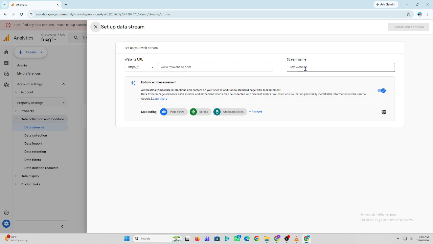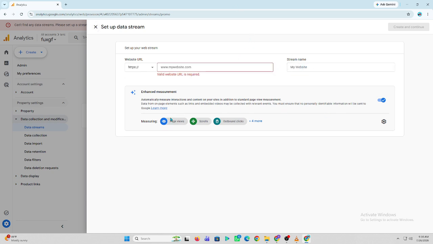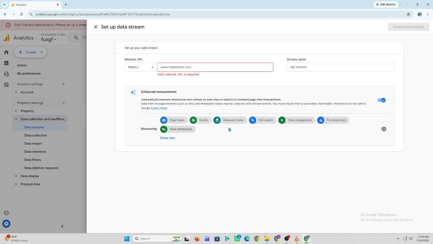Finally, allow Google Analytics to collect data over time, then use the Reports section to monitor traffic, customer behavior, and store performance. And that's how to connect Google Analytics to Shopify. Once everything is set up correctly, you'll gain valuable insights to help grow your online store and improve your marketing